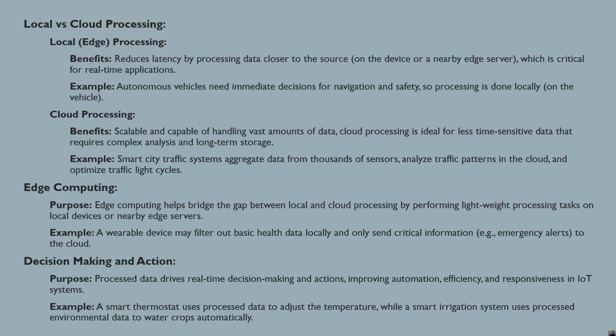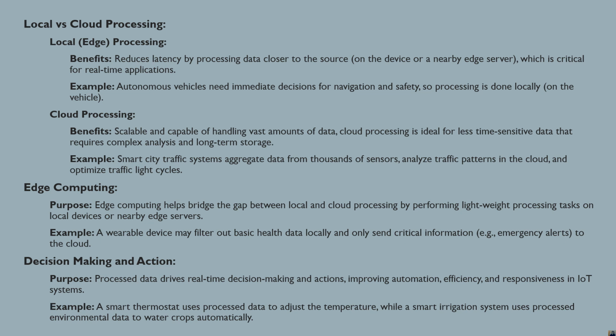Next is the edge processing. The benefit is to reduce latency by processing data closer to the source, which is critical for real-time applications. For example, autonomous vehicles need immediate decisions for navigation and safety, so processing is done locally. And moving on to cloud processing, the benefit is that it is scalable and capable of handling vast amounts of data. Cloud processing is ideal for less time-sensitive data that requires complex analysis and long-term storage. For example, a smart city traffic system aggregates data from thousands of sensors, analyzes traffic patterns in the cloud, and optimizes